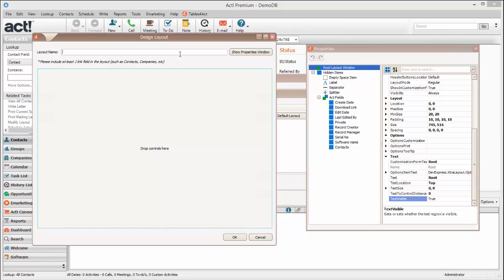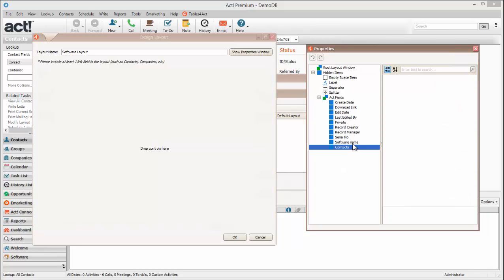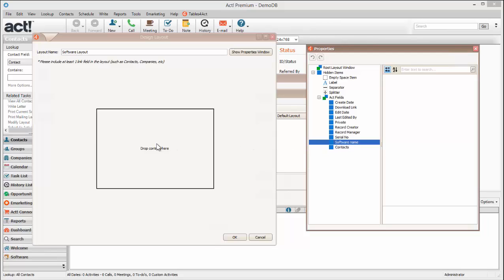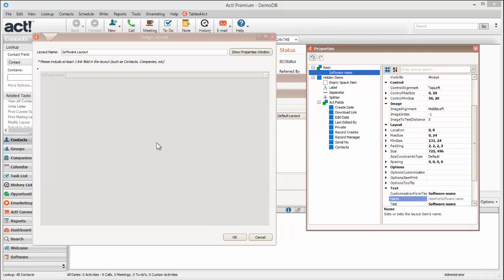But first, let's just give this layout a name. I'll just call it Software Layout, and we'll start designing this layout. And to do that, it's as simple as clicking the fields from the Properties window and dragging them over onto the layout. As you can see, by default the fields will take the full width of the